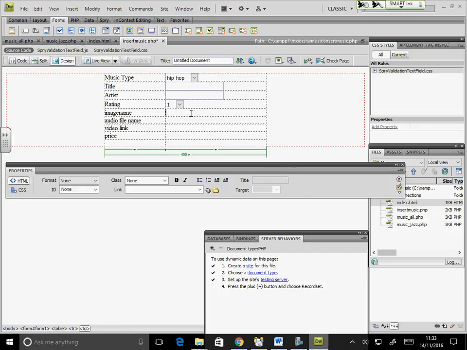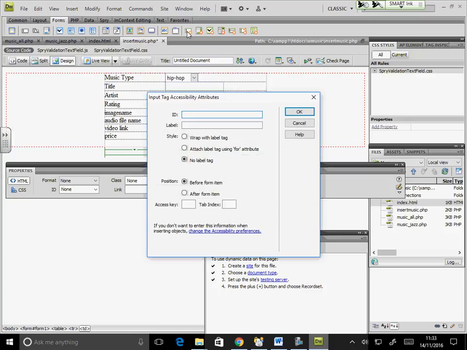Now image name again. We discussed on Thursday that images work slightly differently. We'll learn about them separately because if you put that as a file field, it will not take the name also in the database. Does that make sense? So at the moment, we leave it as a text field till we learn how to do it differently.